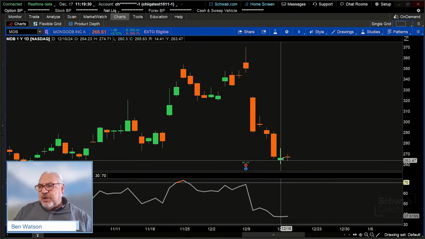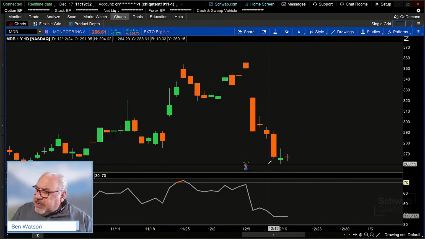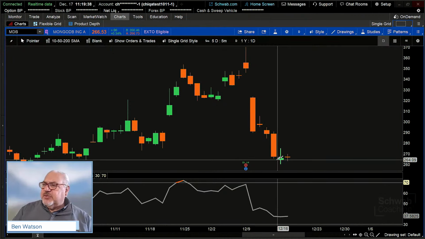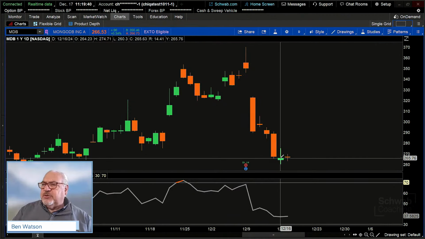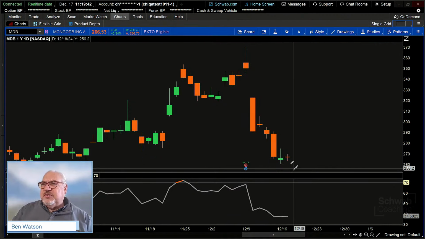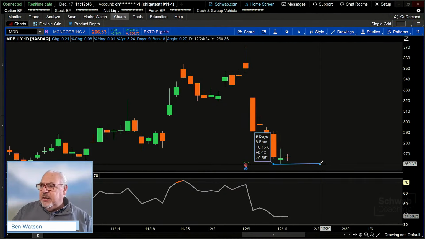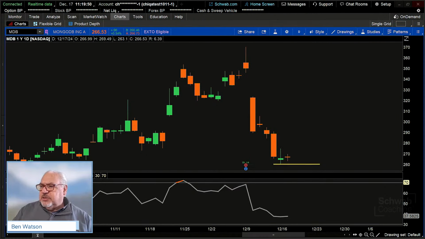a close below the low of the high day, that would mean that our low in this particular case, let's look at the information up here. So I'm going to put my cursor on that candle. Our low is 260.30. That's going to be right here, right? So I'm just going to draw a line right at that 260.30 range. We're just going to call it right there. That's the line that we need this to move below for an entry into this particular trade.